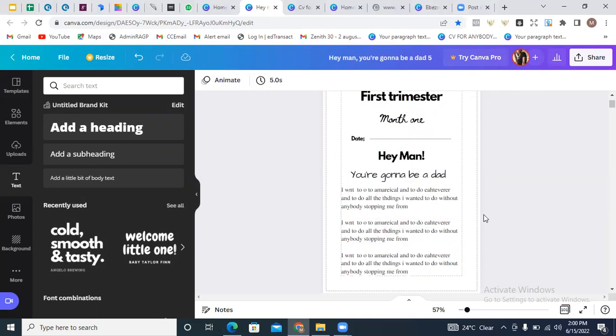So let's say paragraph by paragraph, this is what you're going to be doing, right? So these are actually paragraphs. And that is how you continue to do it until you finish writing your book, right? So it doesn't matter if your book is going to be 50 pages or 100 pages or whatever. Just remember how I actually showed you